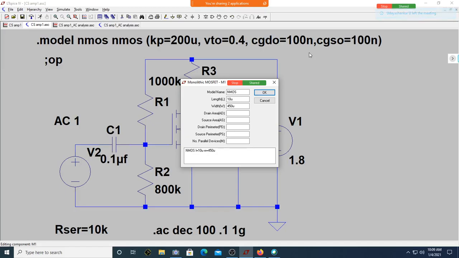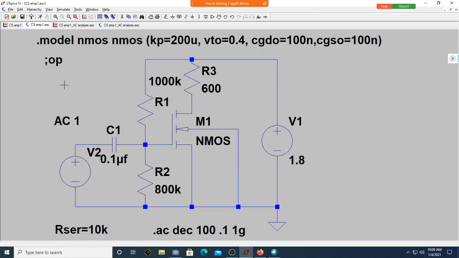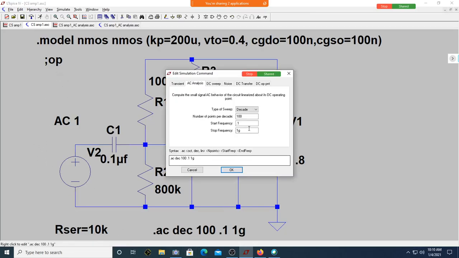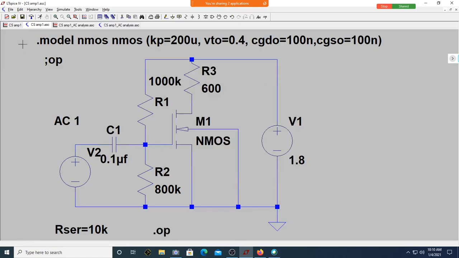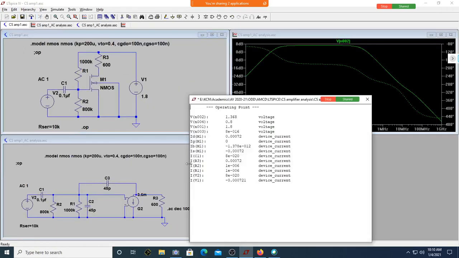Okay, these are the values of CGDO and CGSO. R1, R2 we already know. Can somebody find out what is gm? gm is equal to under root of 2 ID Kp W by L. I'll just simplify your calculation by knowing the value of ID from dot OP. Let me just take out this and say this dot OP and then save and run. What is the current here? So this is the current. Is it 720 microampere? ID